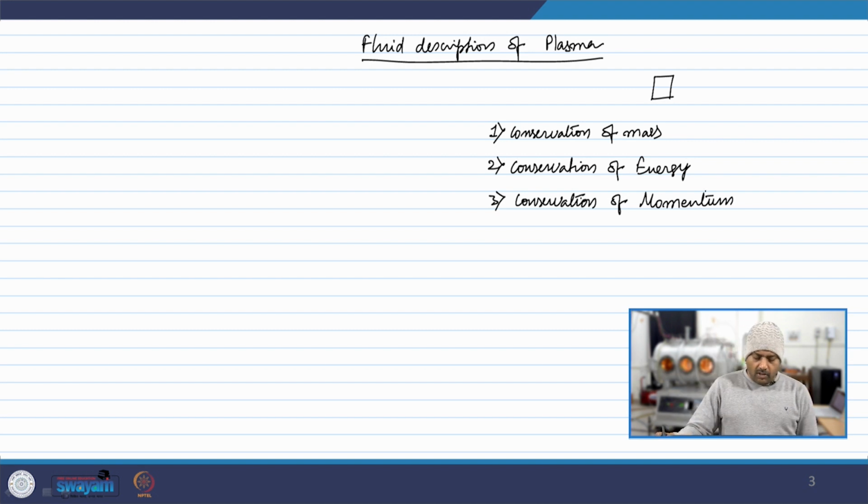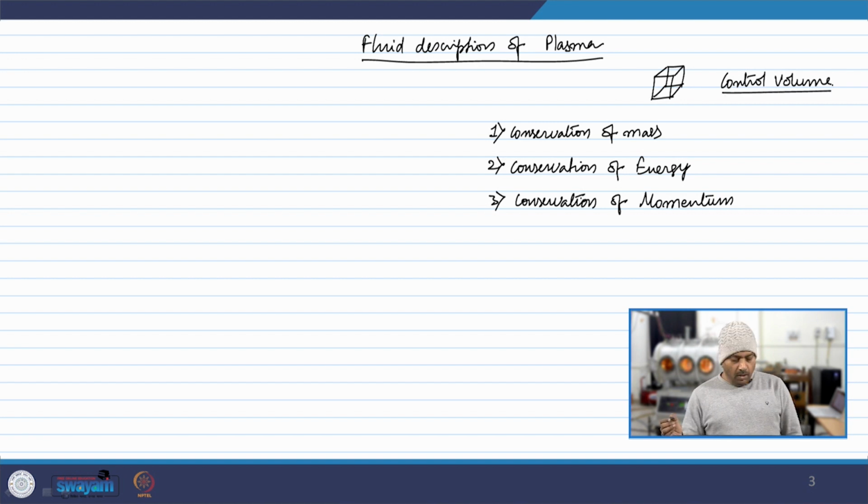So, in fluid we always apply conservation over a very small parcel of fluid, and we take the budget of physical parameters or physical quantities over this volume, right. So, what is this volume called? This is an element of fluid actually. This is a parcel or a packet of fluid, and this element or the volume is called the control volume.